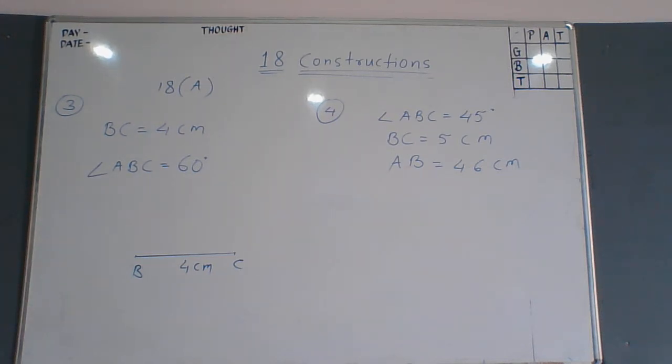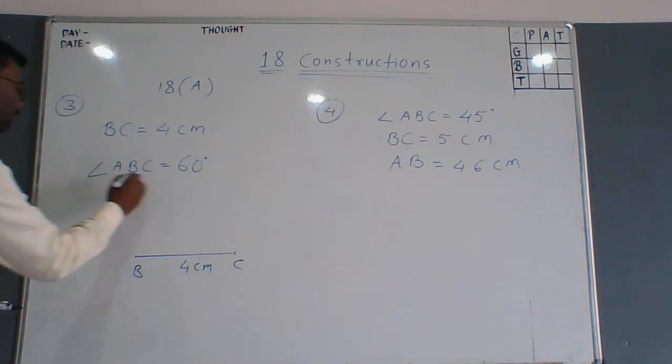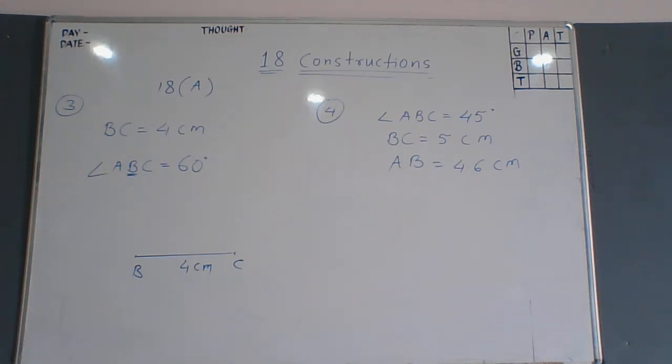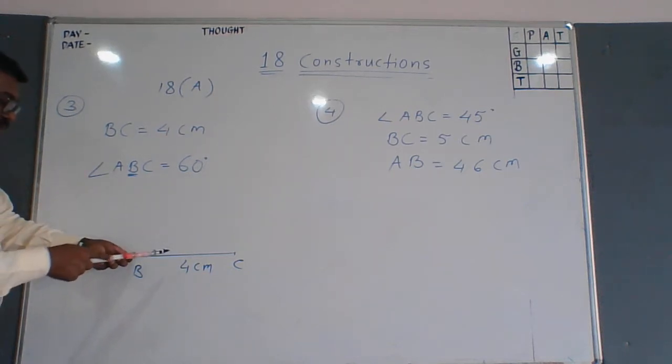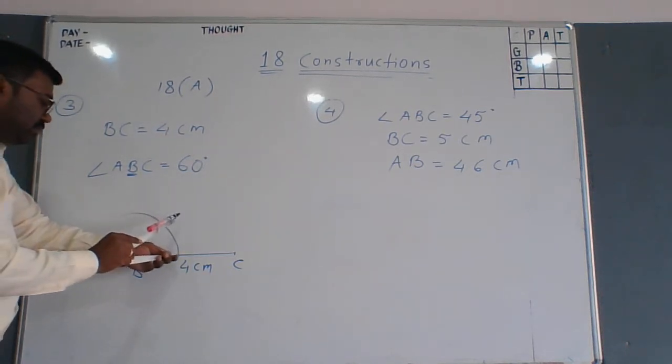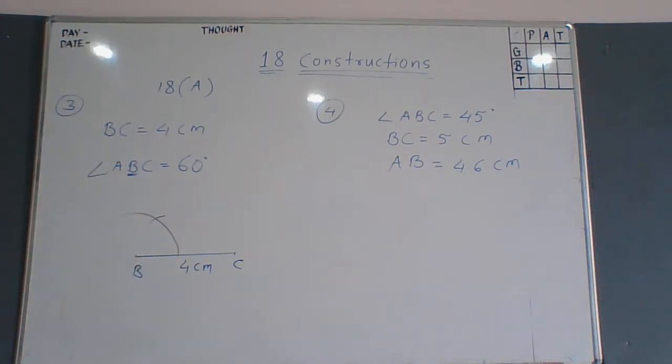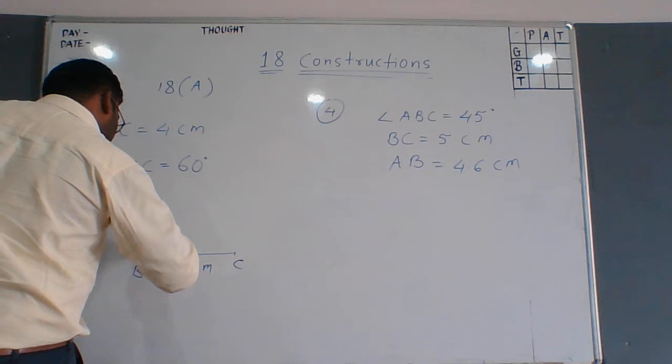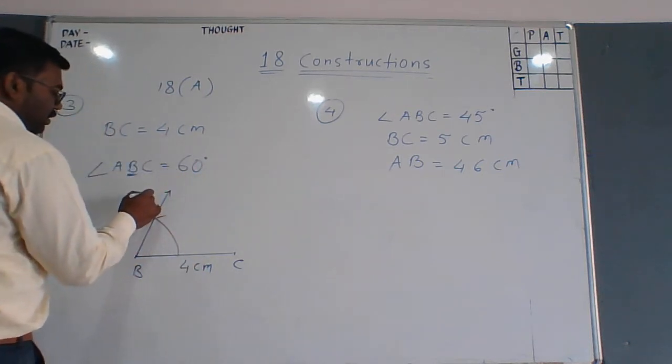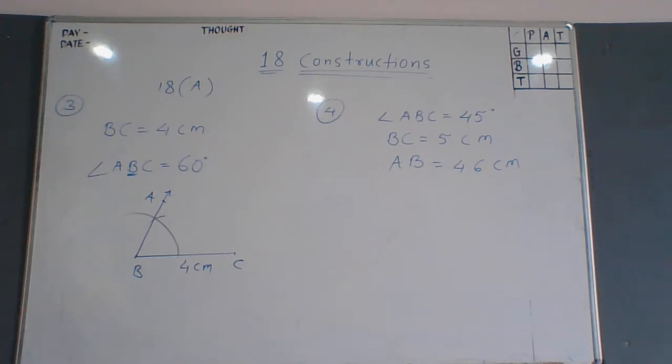Since this is the angle ABC, that means angle B is of 60 degree. As we have learned, put the pointer on B, draw the arc, put it here, cut the arc. So here is angle ABC. ABC is done. We don't know the measurement of AB, so we can take any distance for AB. No problem. Then note it down in your notebooks. Next we are doing